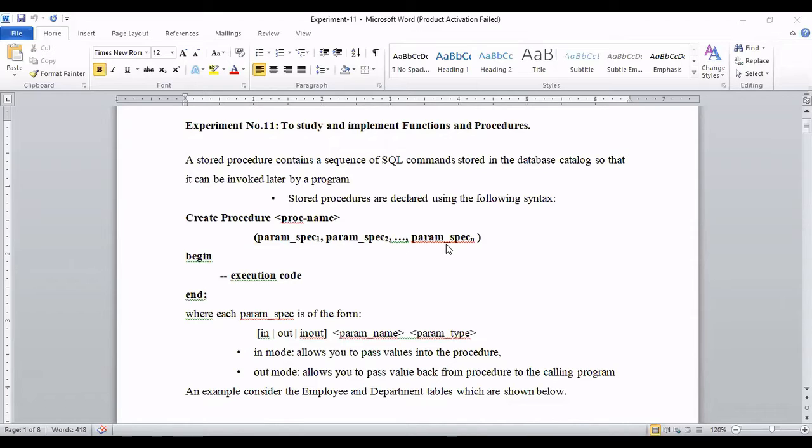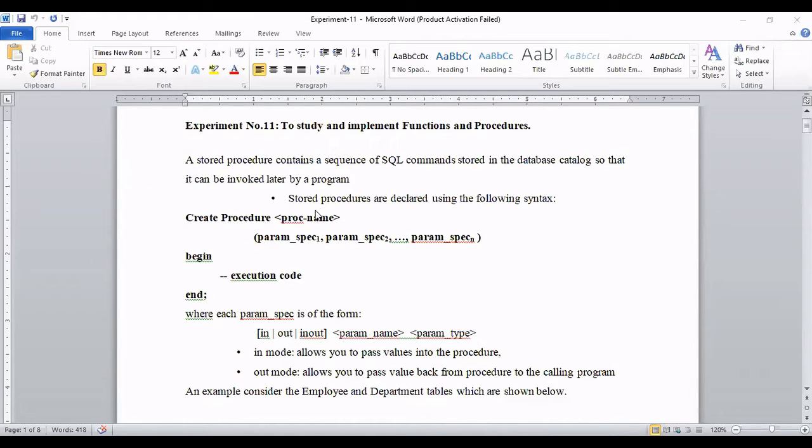So the function and procedure are the same. The only difference is that a function can return something, and a procedure will not return anything. Like in C, there are many kinds of functions, with return value and without return value. So in SQL, if a function is not returning a value, then we can say it is a procedure, or a procedure which is returning a value is a function.